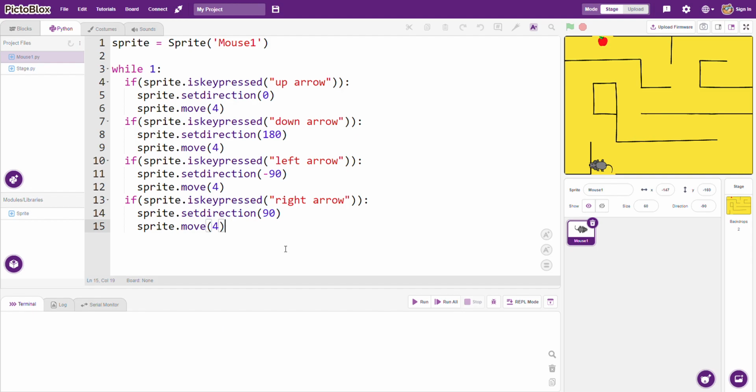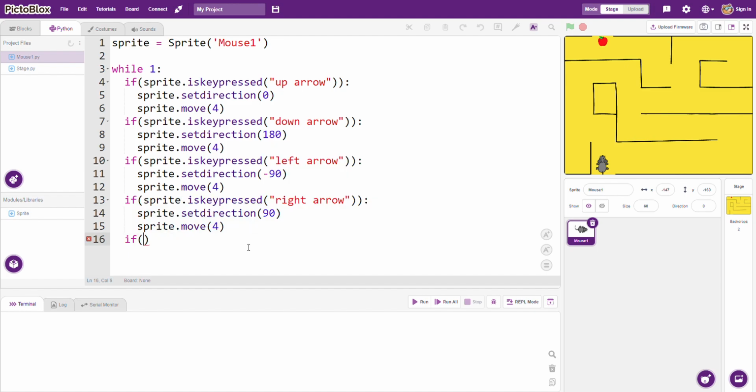Now the second part is we have to give conditions. So see here what conditions we have. Here we're going to give two conditions. The first condition is that, here you can see the black lines. If this sprite touches that black line, it has to start again from the beginning. For that, as I told you earlier, I have to use the function touching color. So here I'll start with that condition, if,